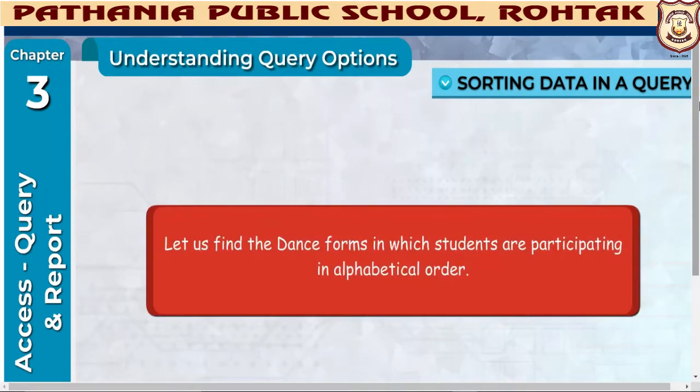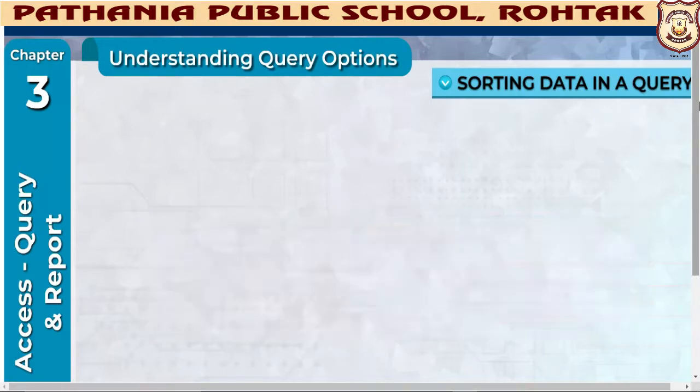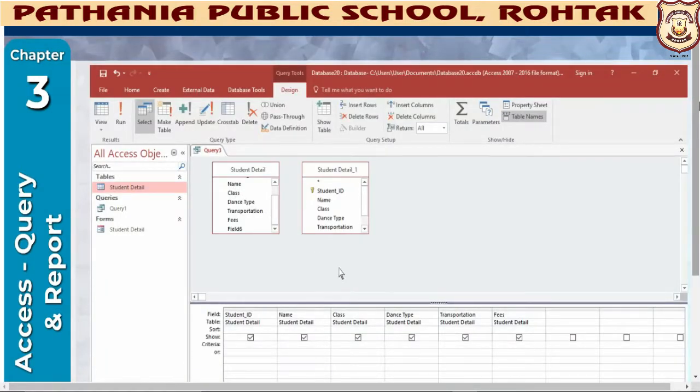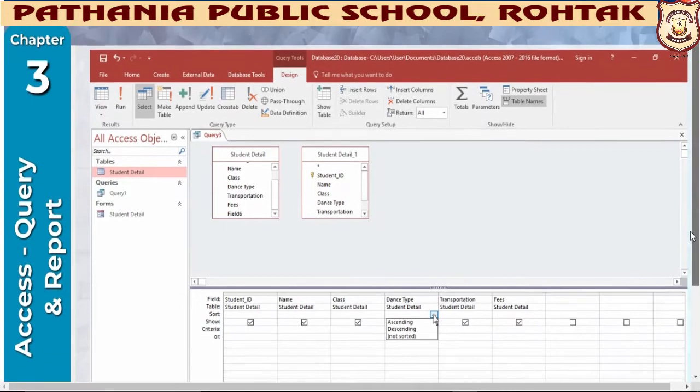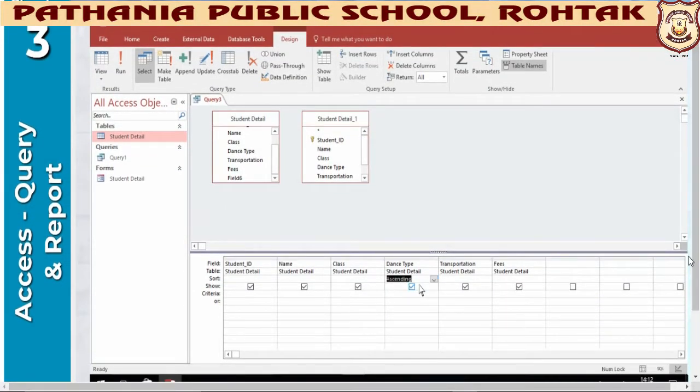Let us find the dance forms in which students are participating in alphabetical order. Click on the sort area for the field you want to use to sort the results of your query. A drop-down arrow button appears. Click on the drop-down arrow button. Click the way you want to sort: ascending, descending, not sorted.